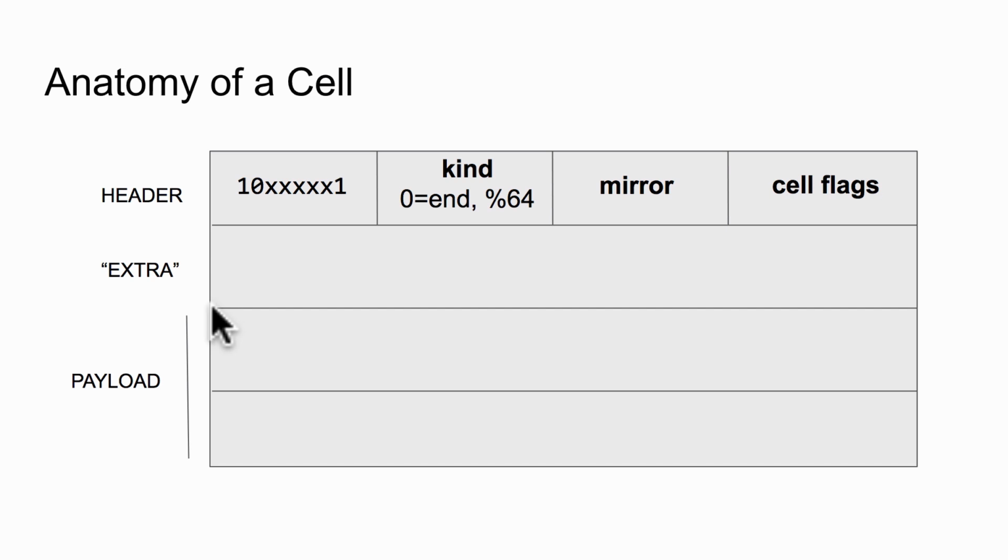So on a 32-bit system, we're pushing that alignment to do the doubles and stuff into that payload region, which was an issue that we had with R3 alpha. And there are mechanical reasons why this extra, which holds, among other things, bindings,